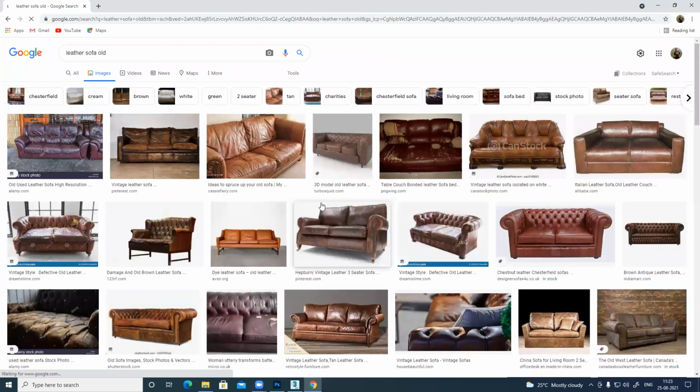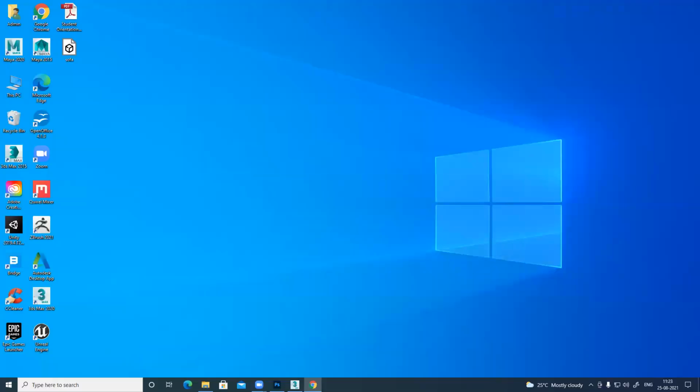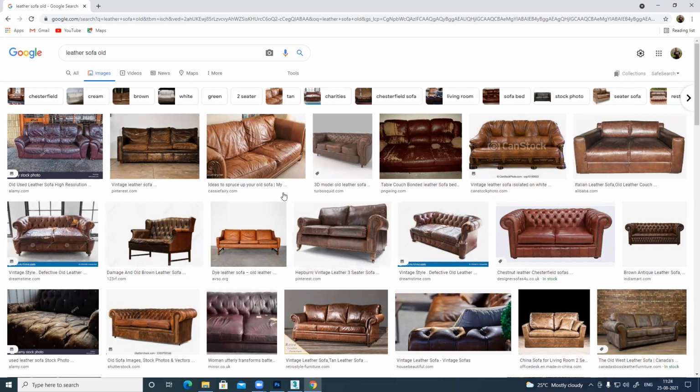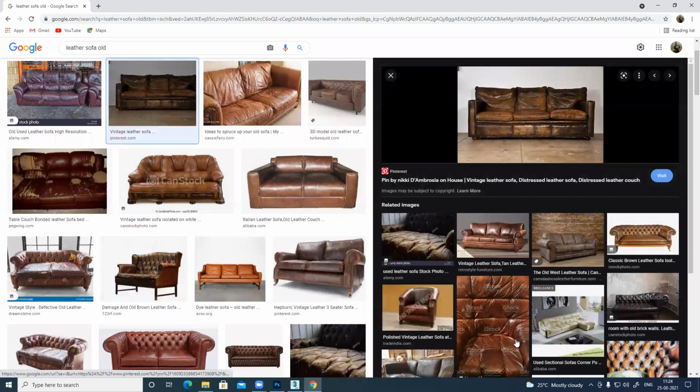Old reason in game, everything is used. It doesn't mean it has to be really torn and in unusable condition. It should be a little weathered, like you are using it, unless you are asked to make it brand new. If brand new, then you are done. Just add texture, ambient it slightly, curve it slightly, you're done. No shadow, no details, nothing. But when you have a little weathered, old stuff, that time you need to add all the details. So this one is very close to my sofa, color wise and everything, because I need those color values.